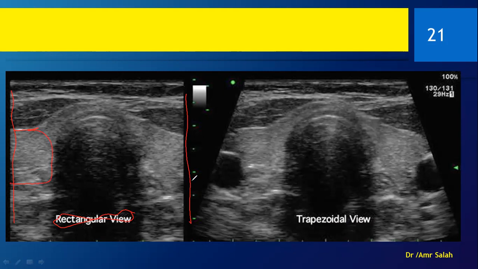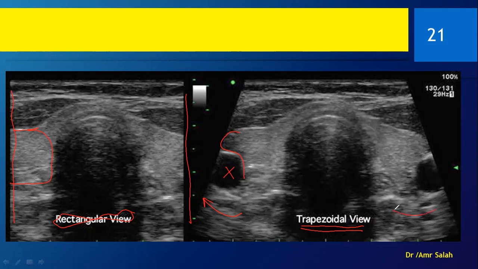Now if I activate the wide view, what will happen? The machine will make the waves on the periphery extend a little bit outwards. So what happened? Now I can see the rest of the thyroid lobe and the carotid in its vicinity. So this is a better picture when you want to appreciate the whole of the thyroid lobe in its continuity.